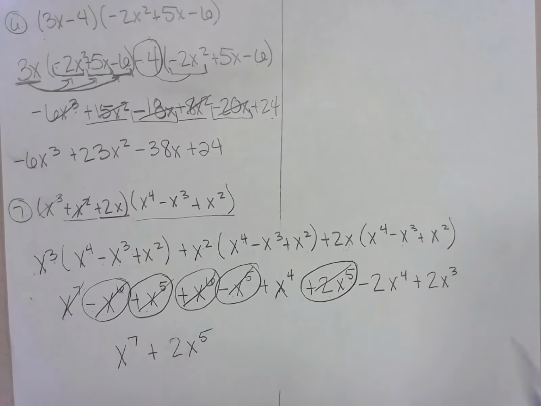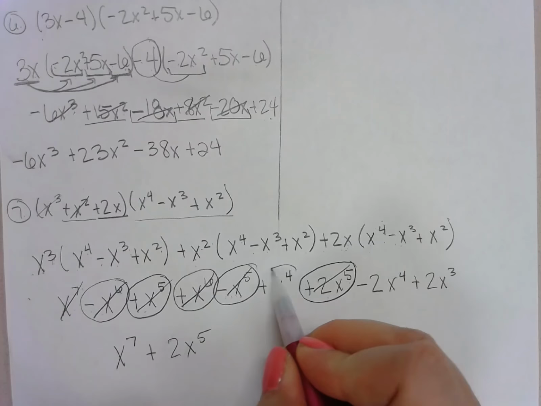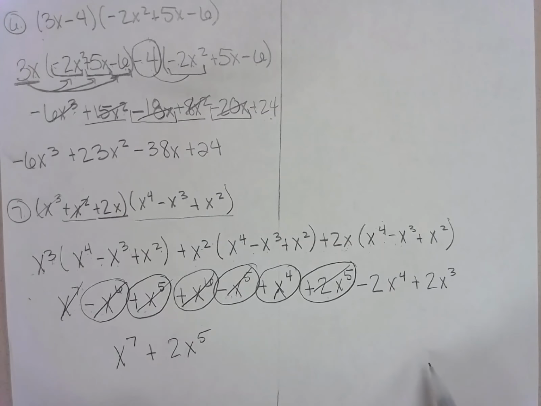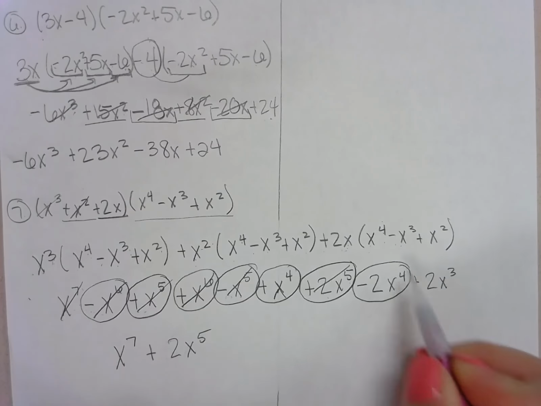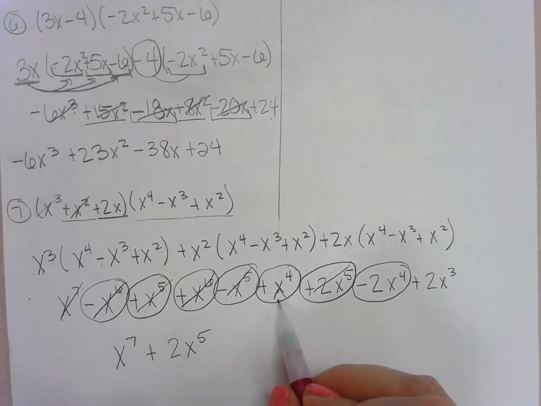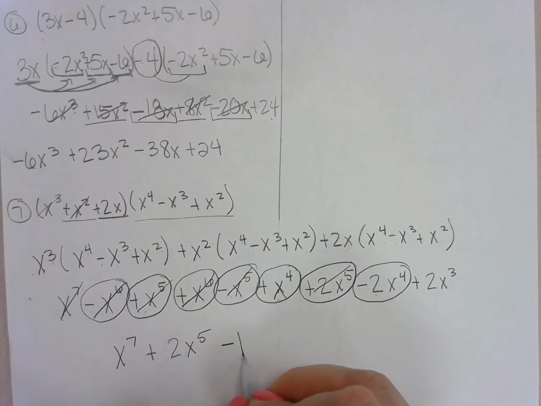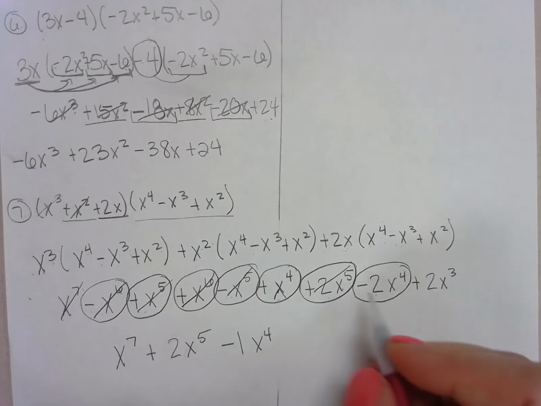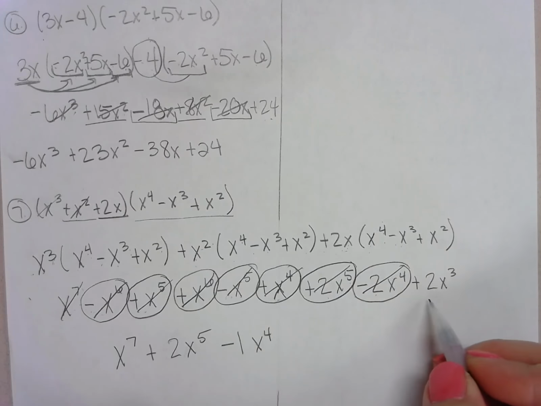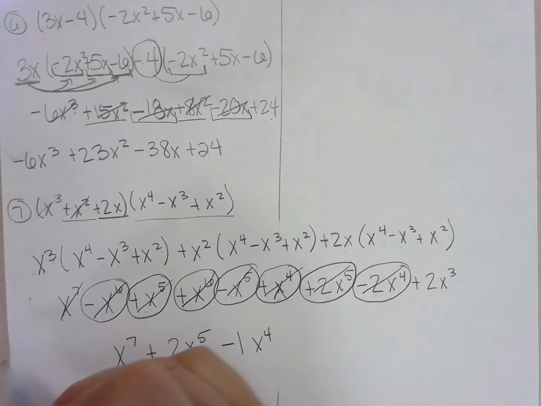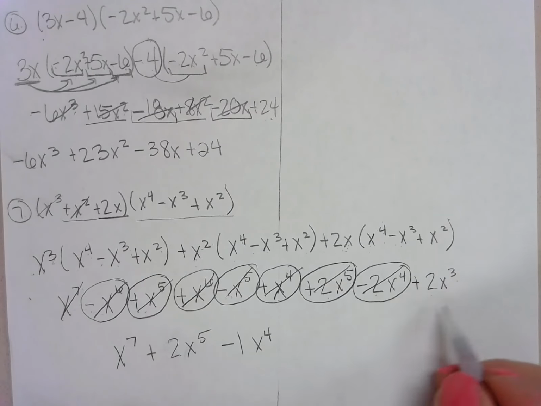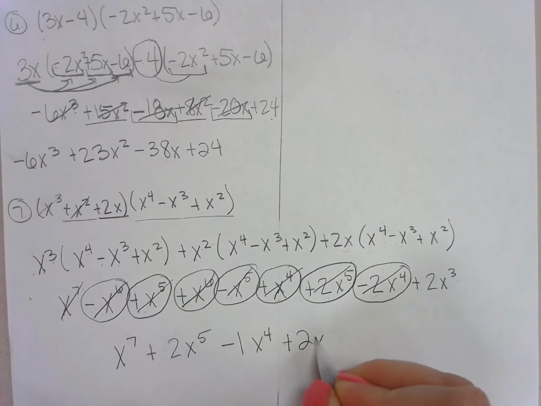So I've used all of those. I have a positive x to the fourth and a negative 2x to the fourth. A positive 1 minus 2 is negative 1 x to the fourth. So I've used those. And then the last thing I have left is a 2x to the third. I don't have anything else left for this to be combined with,